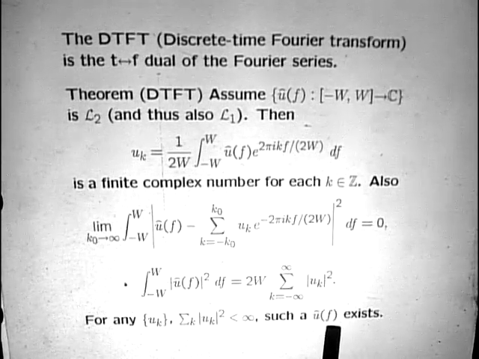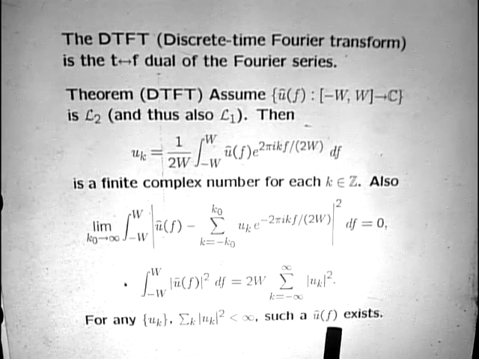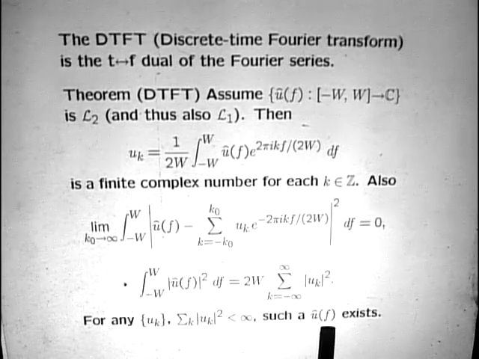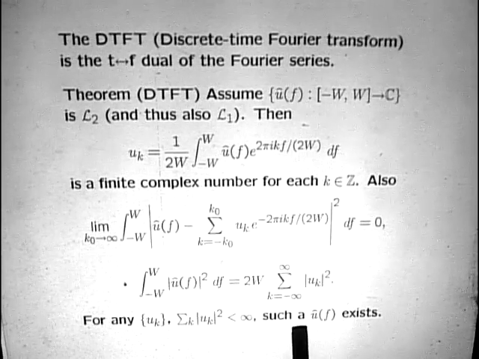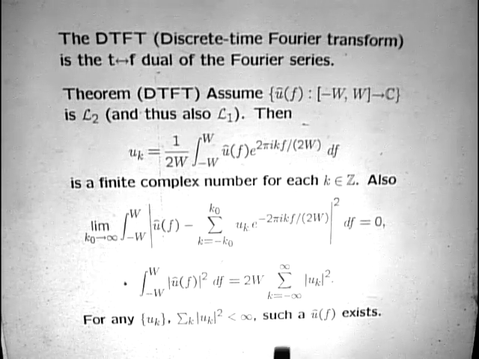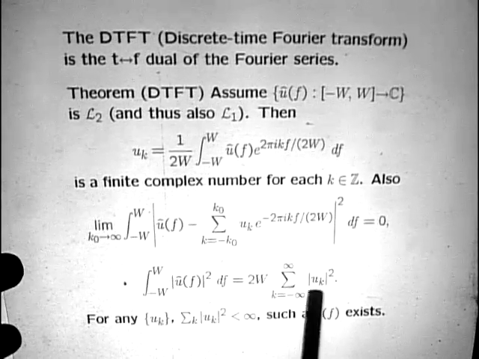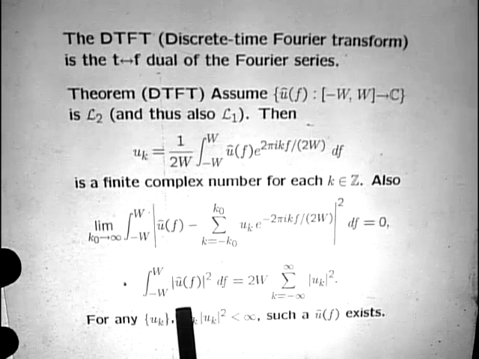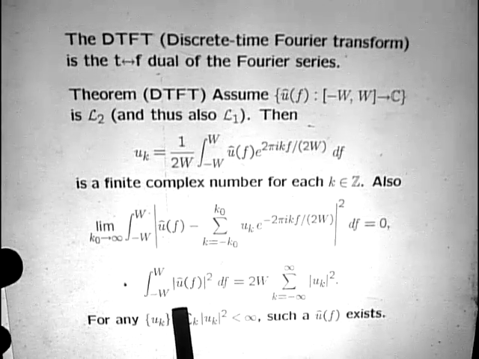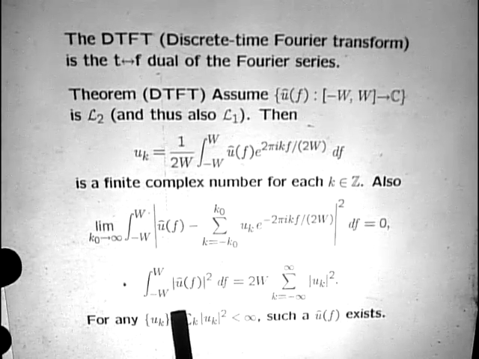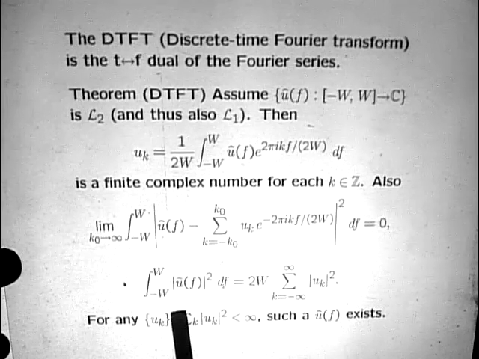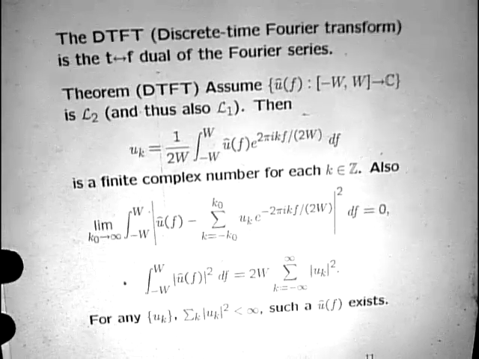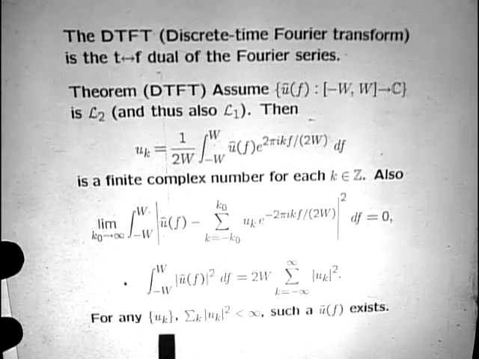It's why we can play this game that we play with mean square quantization error of taking a function and then turning it into a sequence of samples, trying to quantize the samples for minimum mean square error and associate the mean square error in the samples with the mean square error on the function. You can't do that with anything that I know of other than mean square error. If you want to deal with other kinds of quantization errors, you have a real problem going from coefficients to functions. And finally, for any set of numbers u sub k,